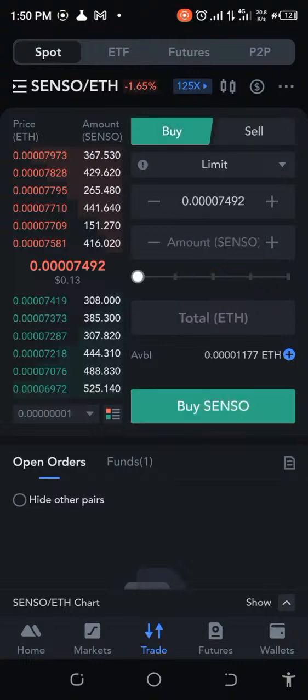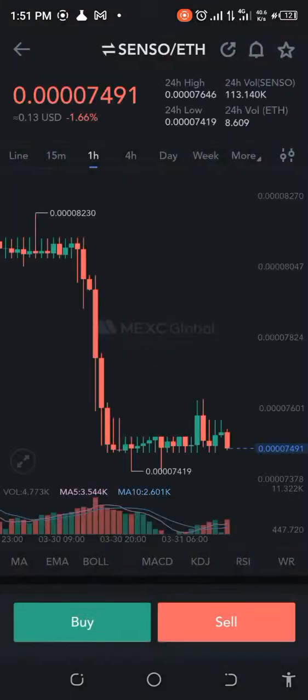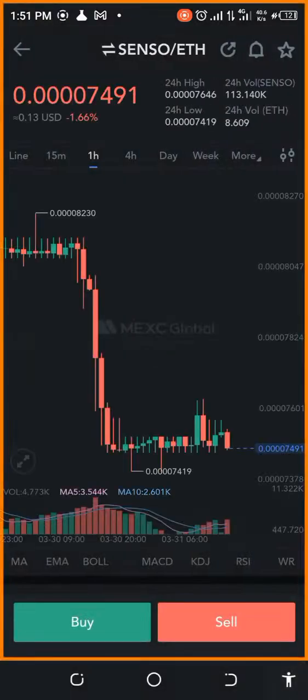And if you want to sell, we'll definitely be looking at this particular one. We're definitely not going to get much from here. Okay, it was initially higher because I saw that it had a good spike, and then all of a sudden, oh, now it's coming down. No. So if I go back to my Senso USDT,